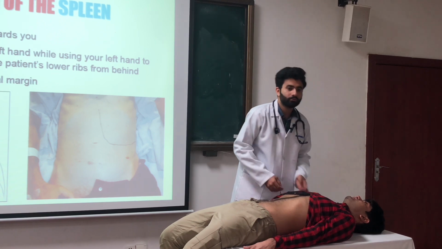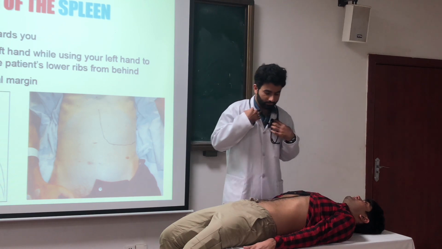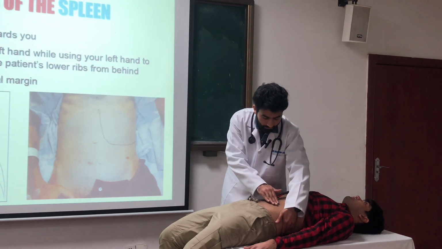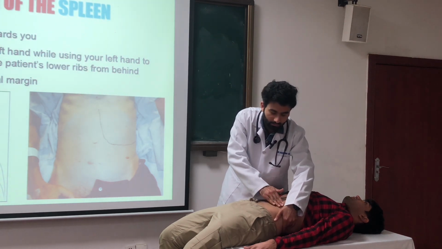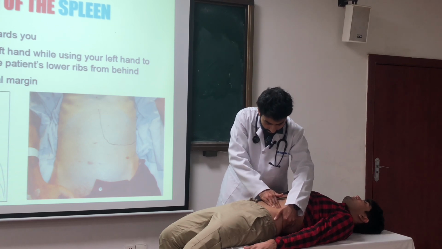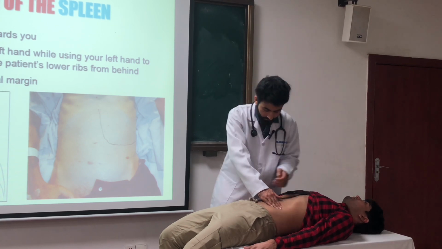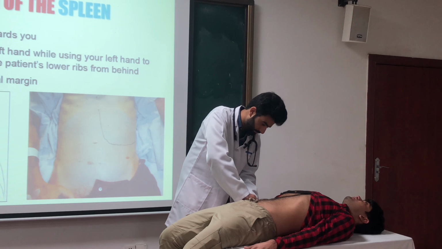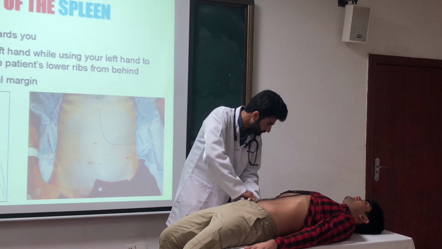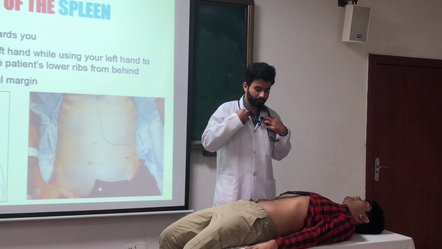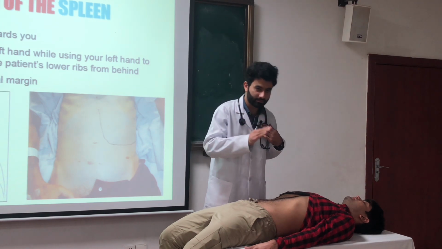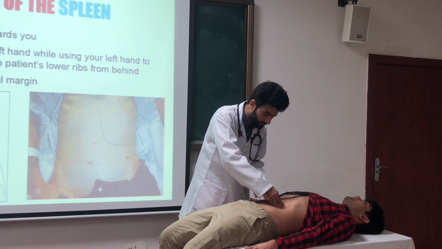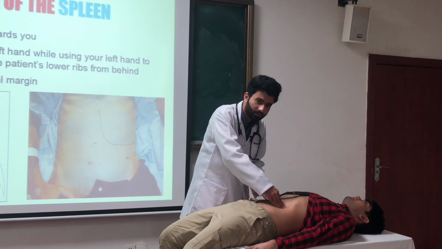So after the spleen, we are going to go for the kidney, and for the kidney, we should place one hand at the lower border of the ribs, and with the other hand, we feel for enlargement of the kidney, and then we also perform it on the other side in the same way. After that, we are going to palpate the aorta with both hands, one hand on the spleen and the other hand on the liver edge. We should compress it and see if there is any pulsating mass. It may be due to an aortic aneurysm.